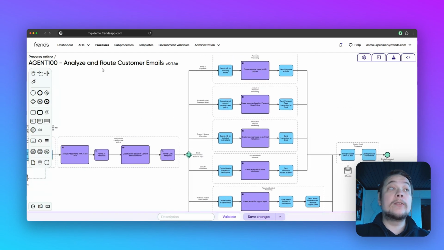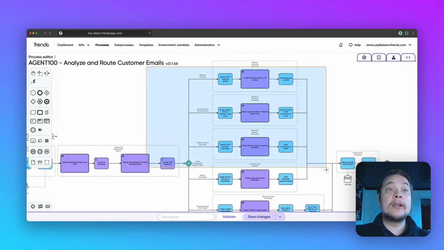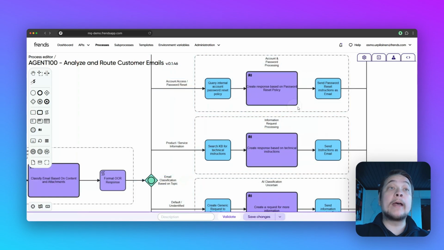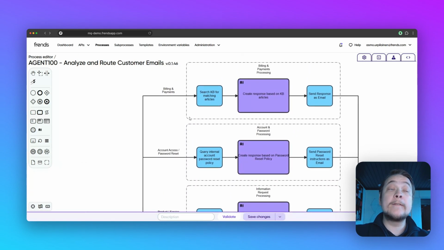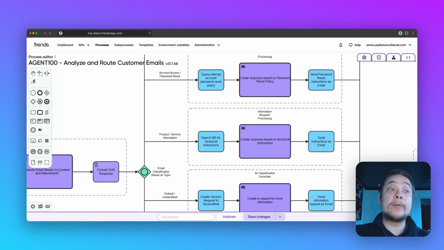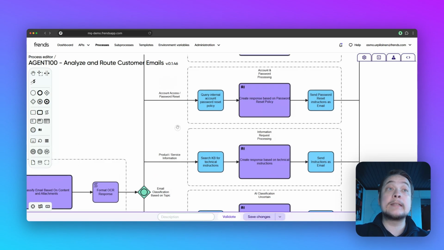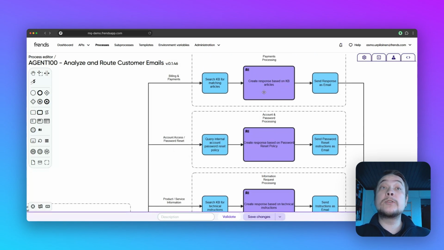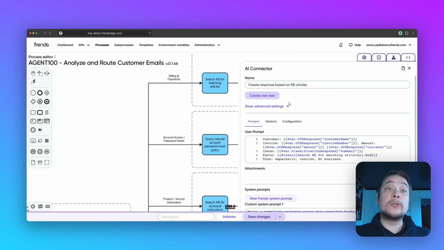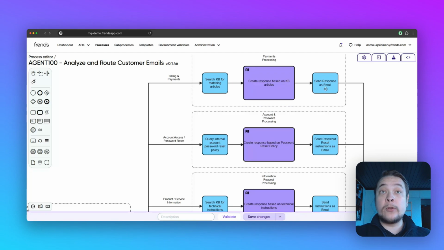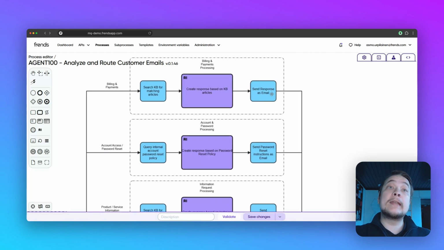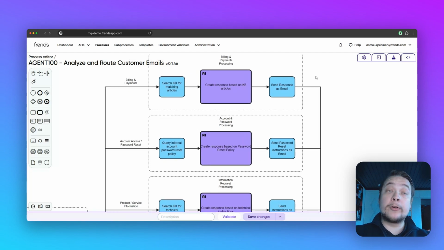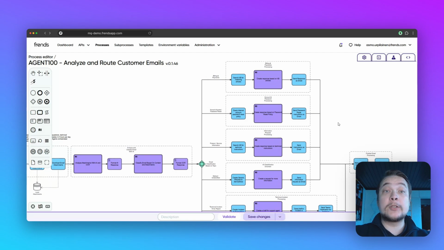We can see that the top 4 paths here are something where we are retrieving additional context using information from our previous steps or our previous AI analysis, such as from our knowledge base or from our business systems, and then using additional AI agents to generate actual resolved responses that we are then sending back to the original consumer of the email or the original sender of the email, thus resolving the problem of the end customer fully